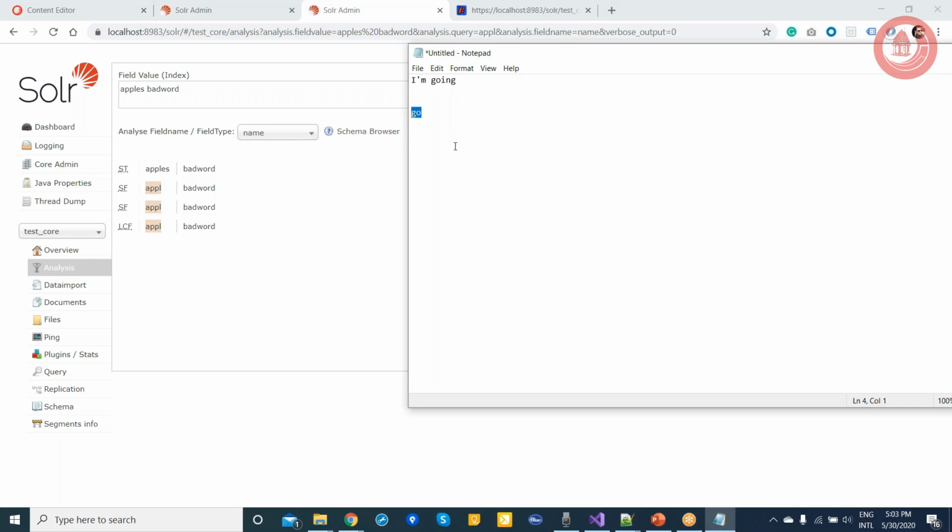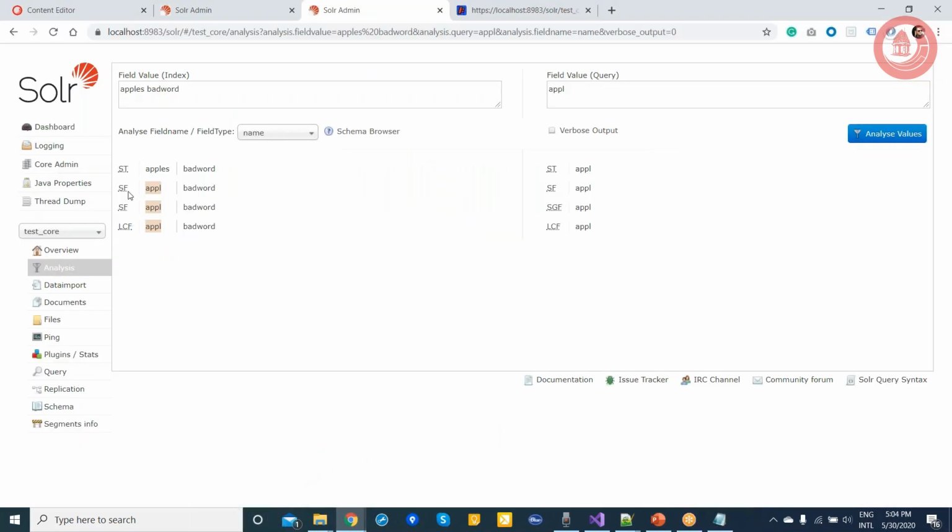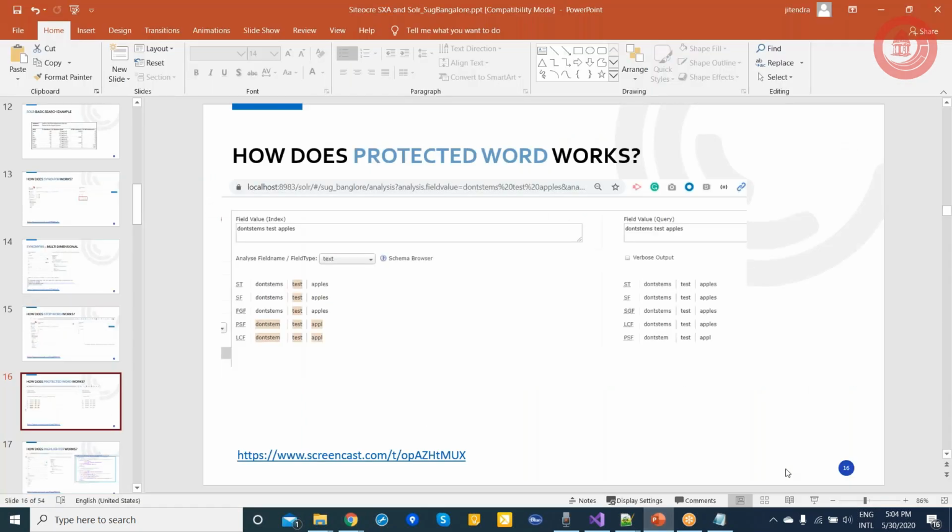I just want to discard that stemming. In that case, you will use this protected word. I will show you this protected word later when we discuss the analyzer. When I apply that analyzer, I will pass that protected file, and then it won't consider those protected keywords. Okay, I will be slightly fast now.